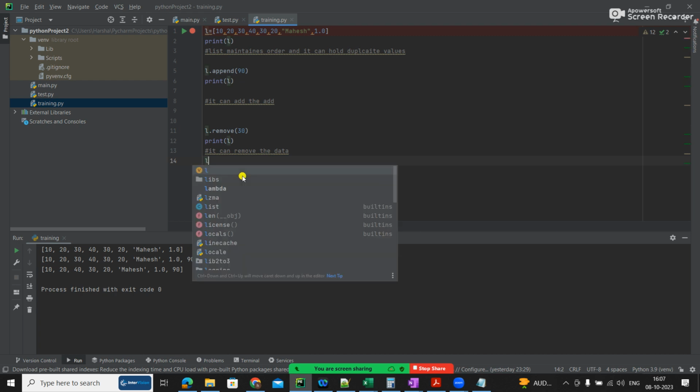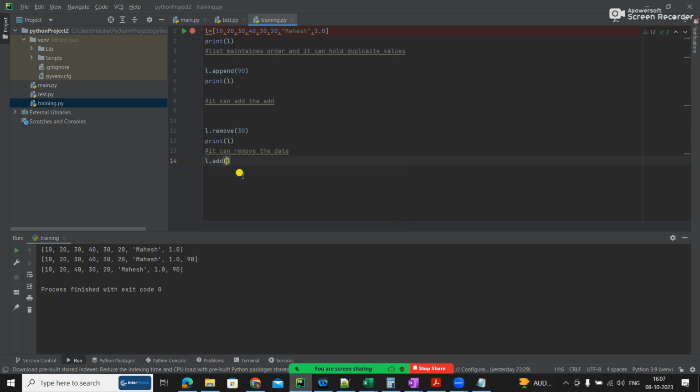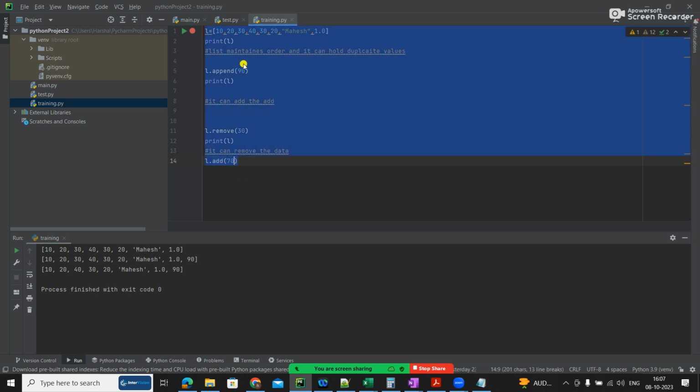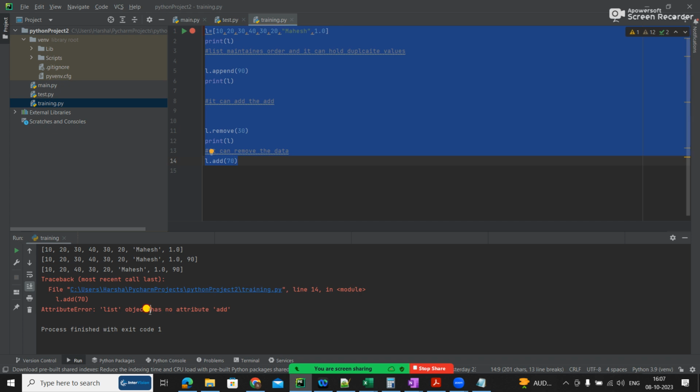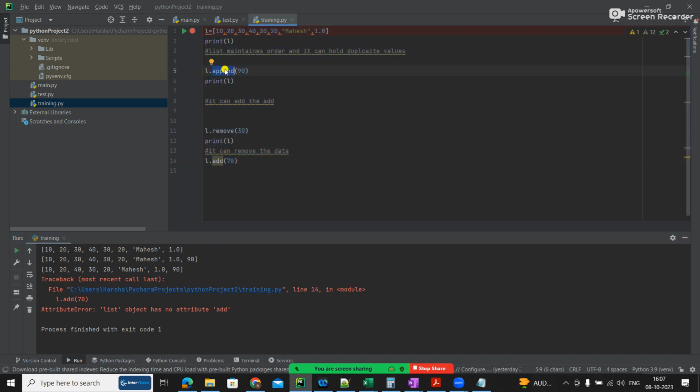If I do add here, I don't think it will work. See here, list object has no attribute add, but set has something called add. Here we have only append and remove. Set will have something else. So that is how it happens.